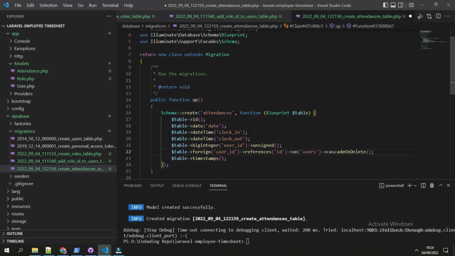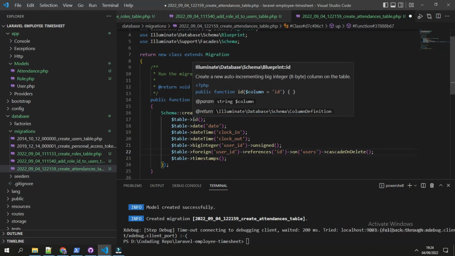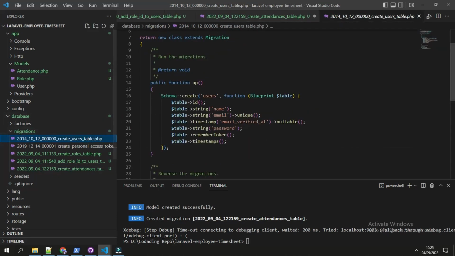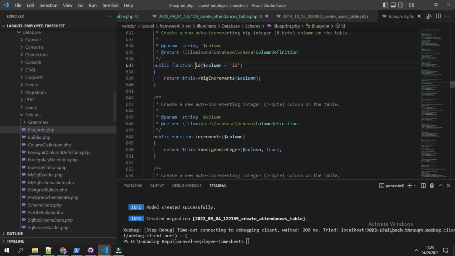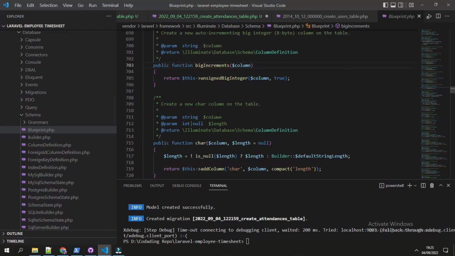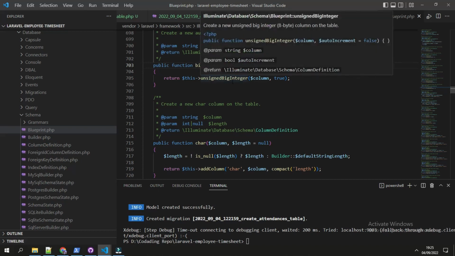The reason I use a big integer and unsigned for the user ID is that the ID in the users table, if we look into it, returns bigIncrements, and if we check what bigIncrements is, it is unsigned and big integer.